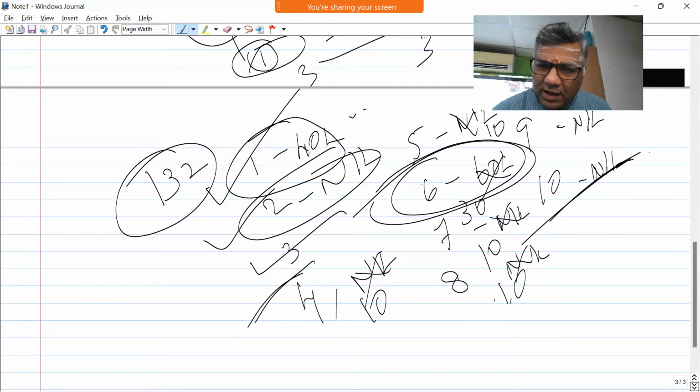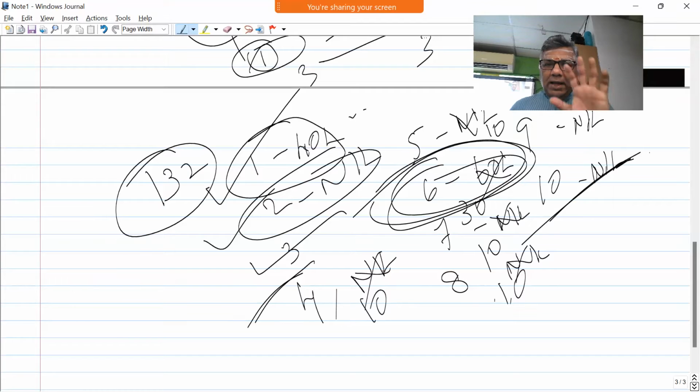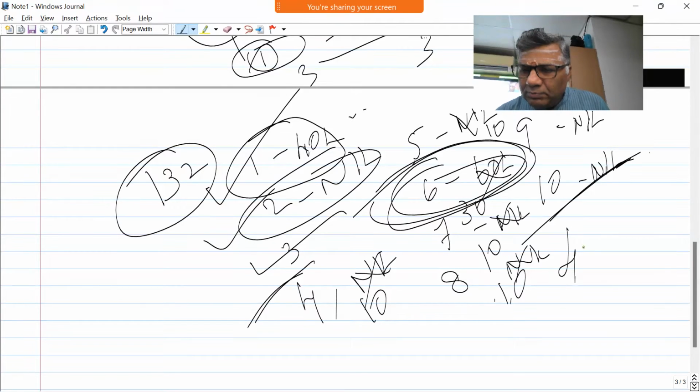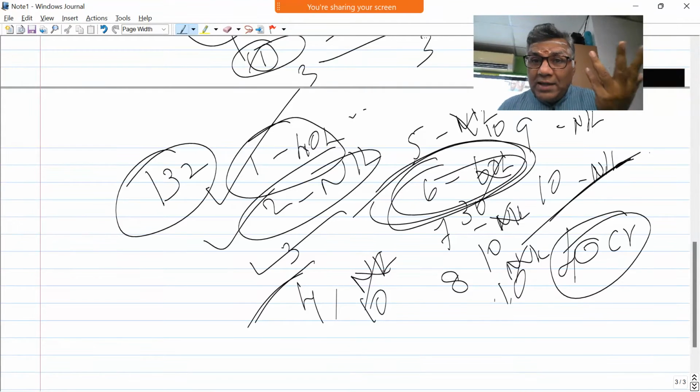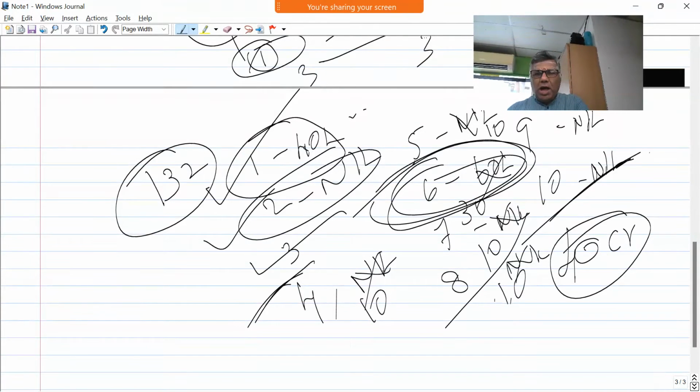Ask him to file the return for year 1, 2, 3 plus 6. But in a search environment, what do we find? That the total income escaped assessment is 40 crores. In the 40 crores, which year? Over the period of 10 years, it will be. I will not be able to identify to which year it is. I need to apportion it. So I will open 4 to 10.